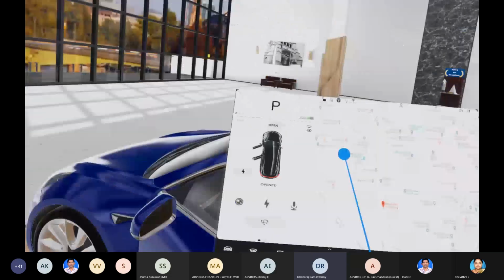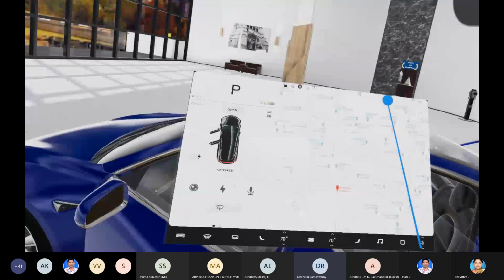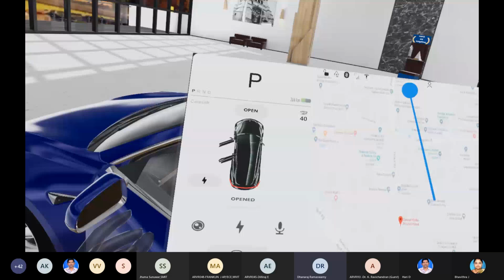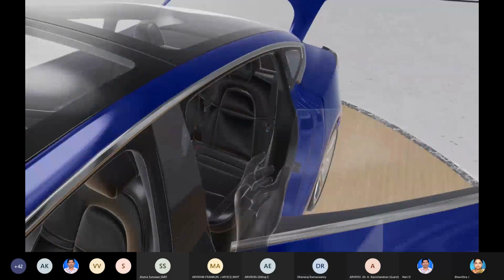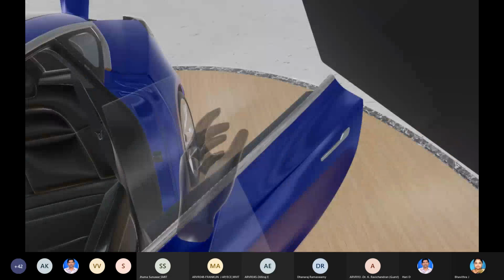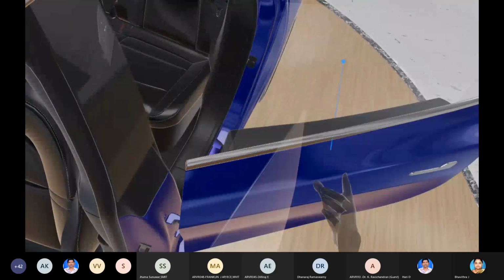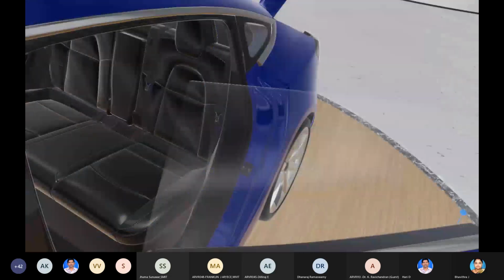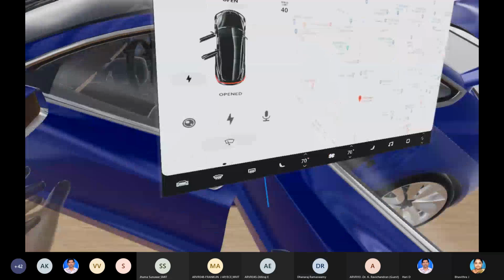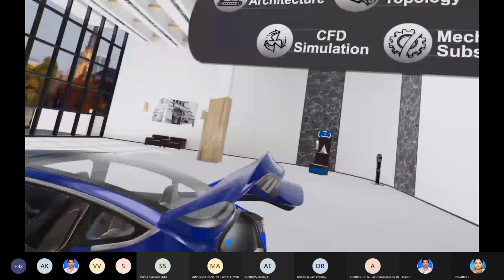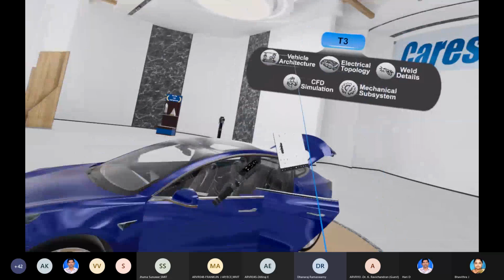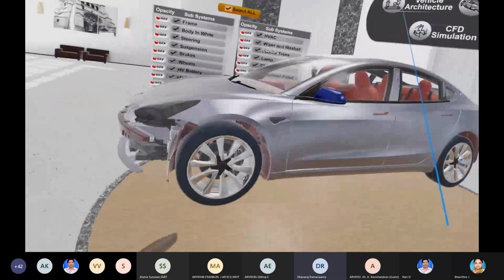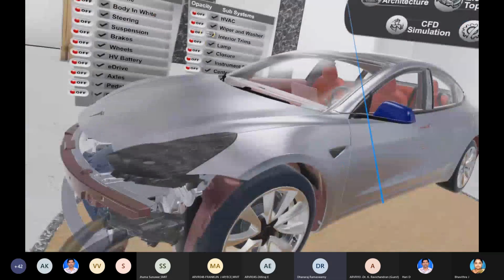We can access multiple controllers here. This is the HMD display device. This is the full vehicle architecture for a simple demo.